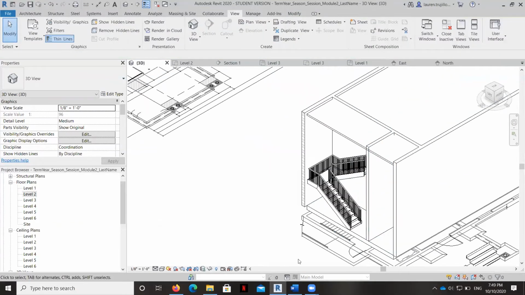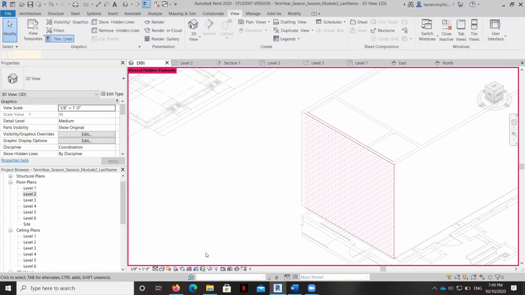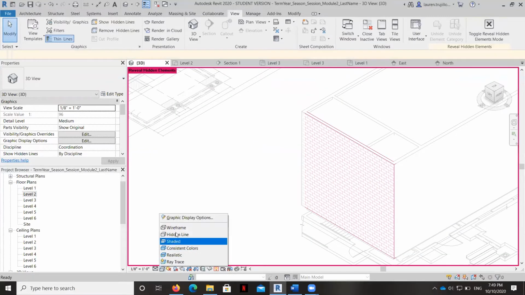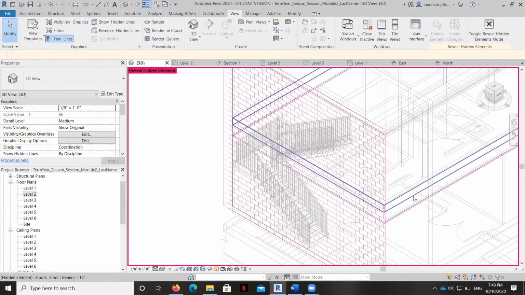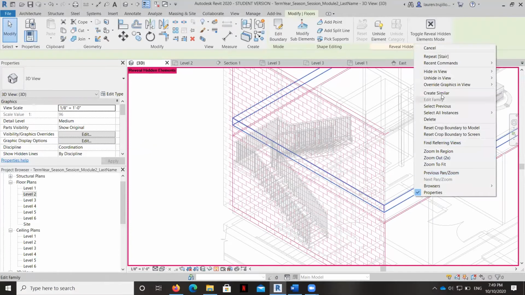Okay, you can see here that the floor and ceiling is not showing up. So let me go ahead and reveal that to you. You can see here the floor and ceiling are hidden.